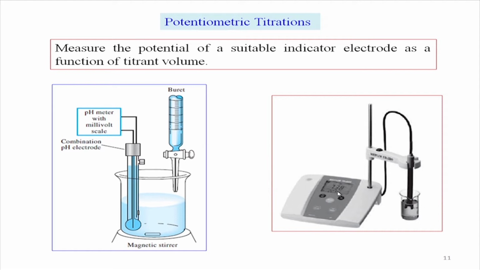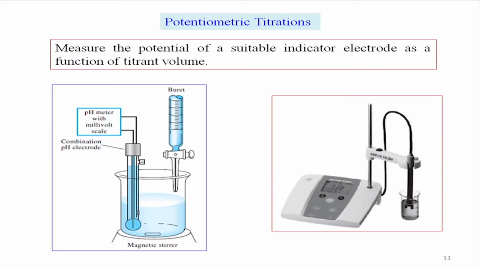It can be your blood, it can be your municipal waste, it can be your industrial waste, it can be your river water, it can be your sea water. You directly put this electrode inside and you measure the potential and the corresponding voltage, and it can be converted to your pH. So, directly you read the pH, but how do you do the titration?